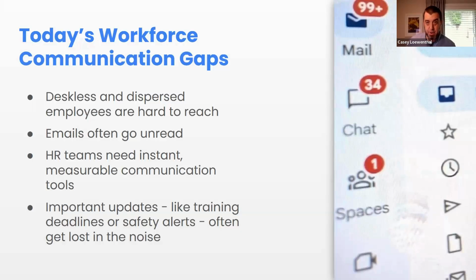A 20 to 30% open rate of an email is actually a really good open rate. So if there's something important that Carl's going to talk about today, like employee updates, training, safety alerts, new products, new exhibits, anything of that sort, notifying them via text message is definitely the best way to go.